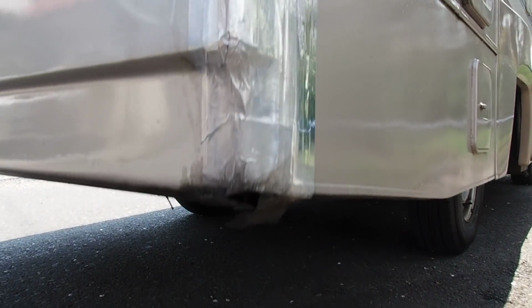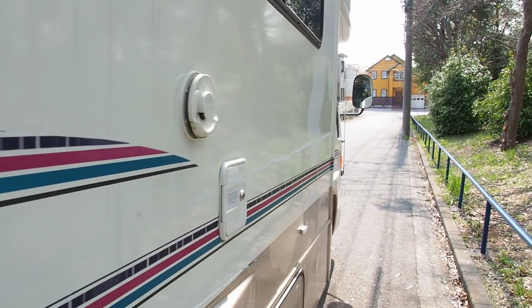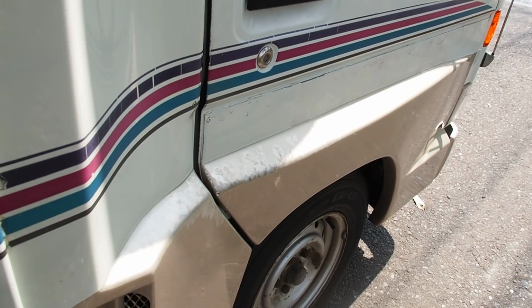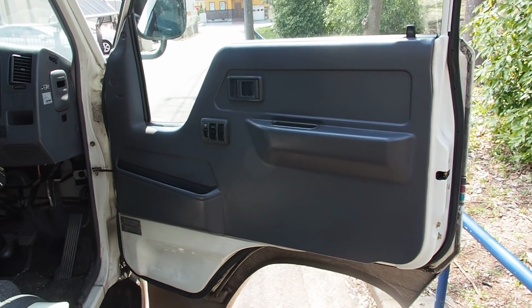Now the engine works fine. It's the same engine that's in the Hilux and the Hiace, if you know what those are. Hilux is either the 4Runner or the Toyota pickup, and is a robust, reliable engine. Some people say it has problems with overheating. I personally have not seen problems with it, and I have seen several of them at auction with over 500,000,